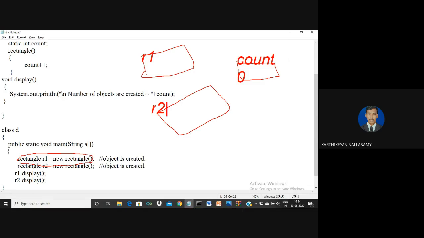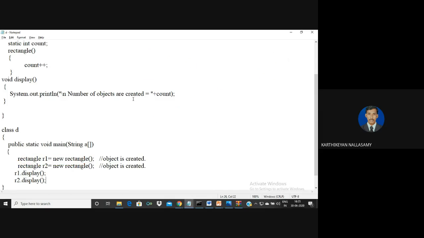And there is one data member we have, called length. For a normal data member, it allocates a separate memory location. Whenever an object is created, it automatically invokes the constructor method.